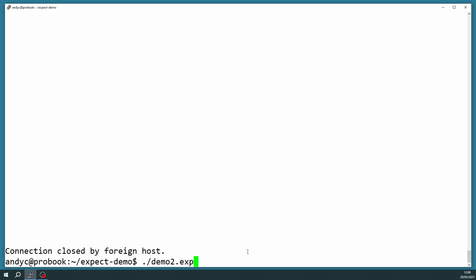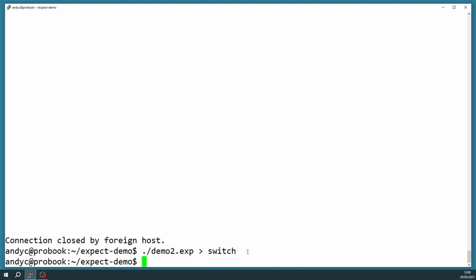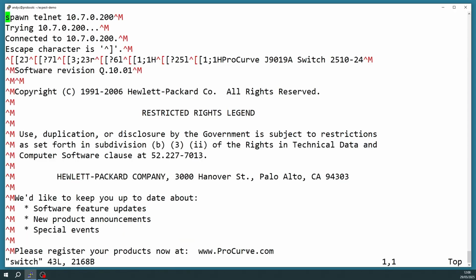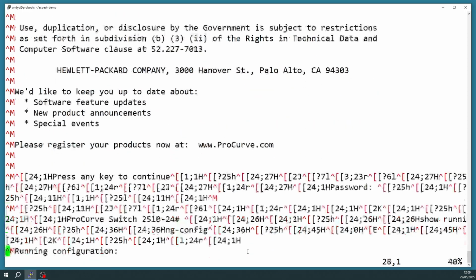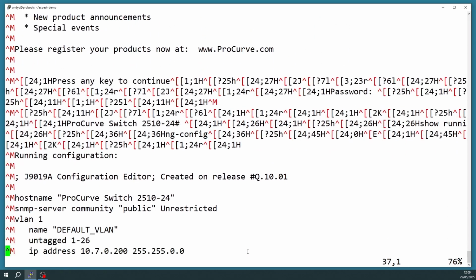Because we know that we can send the output of an expect script into a file and then look at that file, that feature is going to come in handy. So let's put the output into a file called switch, and let's have a look at the content. Now I'm opening this up in vi because that's going to show us, you can see all these red control characters, escape characters, all sorts of things in here, but we can see the information,